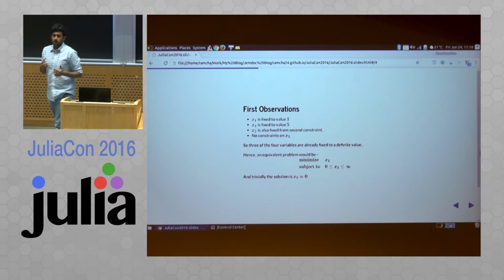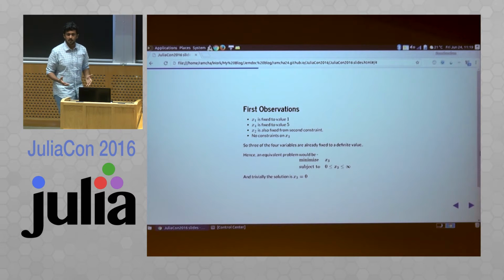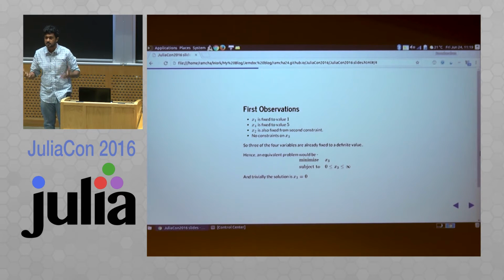What my work is going to be is finding all these redundancies. Of course, this was the simplest possible redundancy in the simplest use case. But imagine the same thing scaling up to thousands of variables and thousands of constraints, where maybe I can remove thousands of redundant constraints too. So I'll be making the solver's job a lot easier.